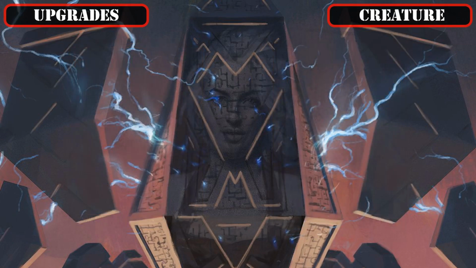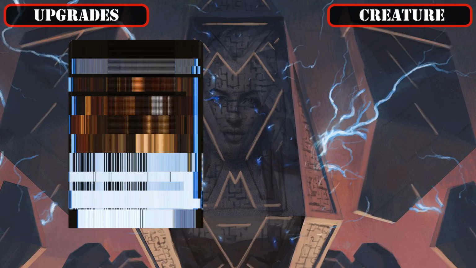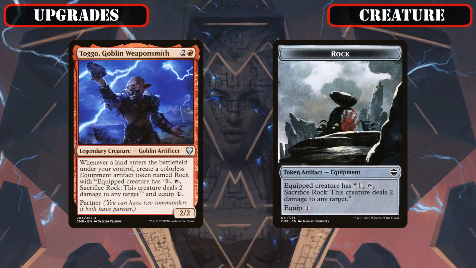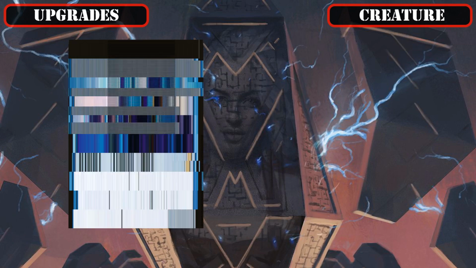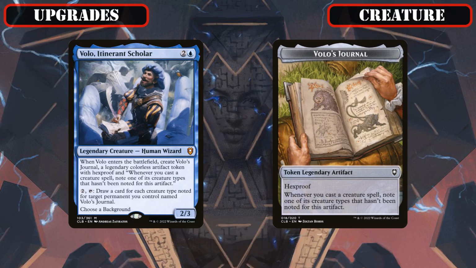from our deck. The again mana-intensive and slow Workshop Elders being axed to make room for Togo, Goblin Weaponsmith, whose landfall Rock token production is both easy to trigger and gives us access to additional removal and burn in the form of equippable shocks, and Vedalken Humiliator's useful but niche on-attack stat reduction and ability cancelling being replaced by Volo, Itinerant Scholar, who, alongside his journal, provides us with repeatable card advantage that benefits from our wide variety